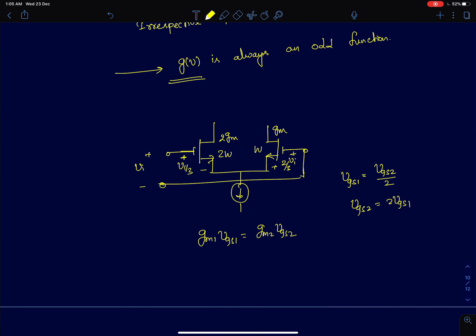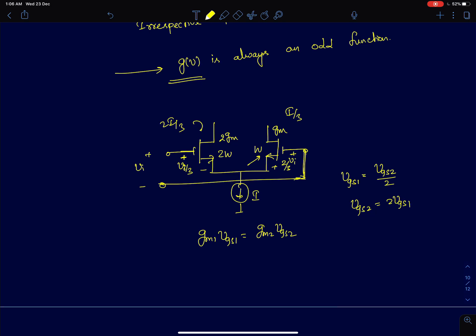So just to illustrate how that makes sense, even if I have mismatch, this is something most of you must have at least solved in basic analog courses. Now let's say I have a differential amplifier. I have sized one device twice compared to the other device. So at DC, this device is carrying 2I by 3 and this is carrying I by 3 amount of current. The current is half compared to this device, W by L is also half. So if this device has a gm of GM, this device is going to have twice the transconductance, which is 2 GM. I'm considering only the linear component and trying to show how